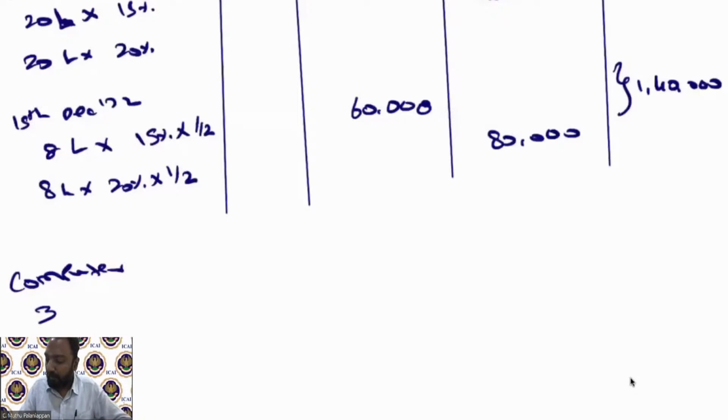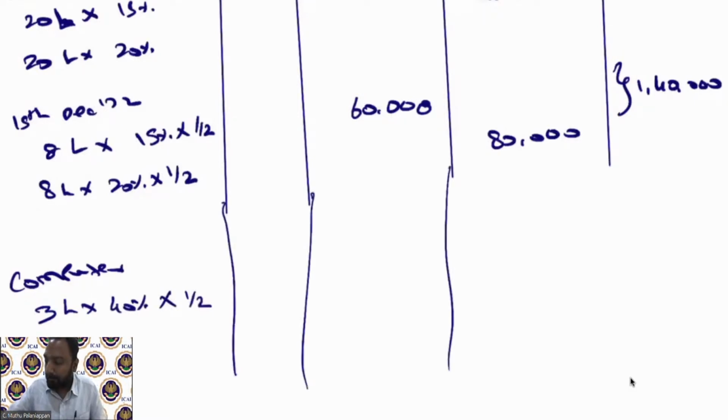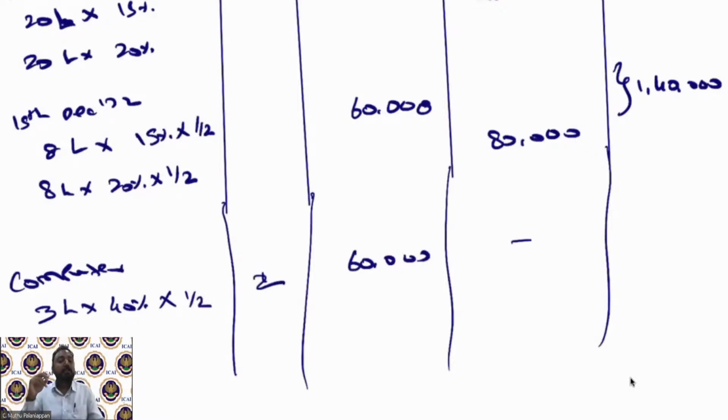So this 3 lakh is only eligible for half year depreciation. What is the rate for computer? It is 40%. So 40% into 1/2, correct? So it is no additional depreciation. So 3 lakh of 40% is 1,20,000. So half of it is 60,000. You will have to add a note saying that additional depreciation is not eligible for computer because computer is installed